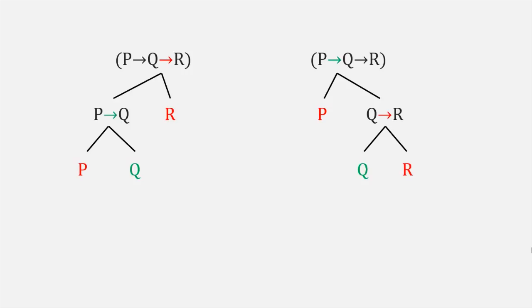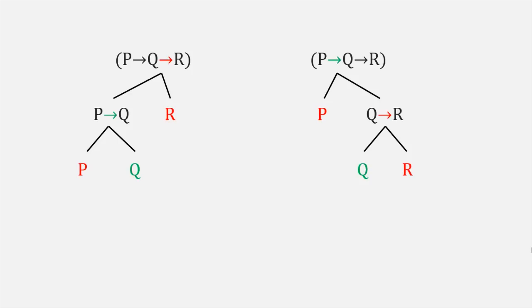So here's the explanation. If what we meant by that sentence was if P then Q, right? P is false, Q is true, that means that if P then Q comes out as true, right? Because if the first part is false, then the whole thing comes out as true. And then the overall sentence starts with something true and ends up on something false. And recall we said that's the only condition under which a conditional comes out as false. So the first part is true, the second part is false. That means that thing on the left comes out as false on this way of assigning truth values to the parts. On the other hand, if what we meant was the thing on the right,